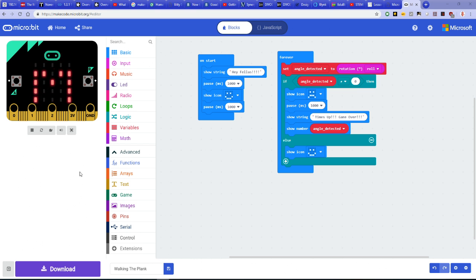even after it says game over, because we've got the code in a forever loop, it comes back again. So if you see the if else statement, if the angle detected is not equal to 0, that is greater than 0 or less than 0, which means that you tilted the board, it shows a frowny face, and then it says game over. But as soon as you stop tilting the board, which is what we've done, it shows a smiley face again. So what we actually want to do is